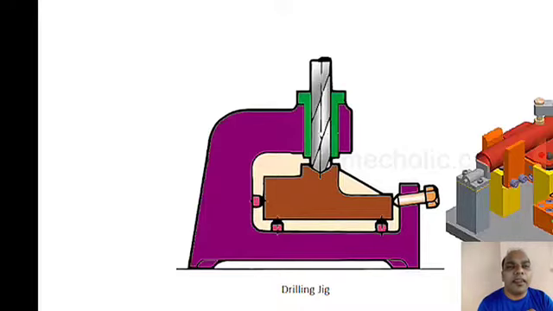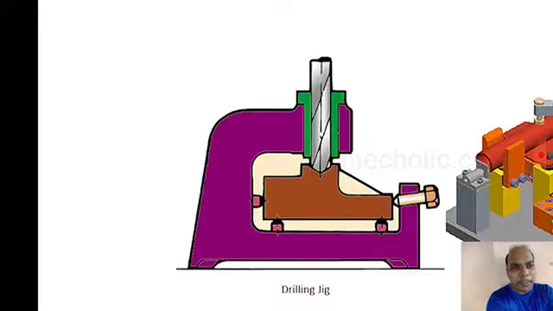Now you can see there are three clamps, and the workpiece is resting on the clamps in such a way that the maximum weight of the workpiece will be carried by them. Now you can see the easiness in the clamping and unclamping of the workpiece. Also you can see that the drill will enter the component very easily, and that will help to get the work done. Now this is a drilling jig.